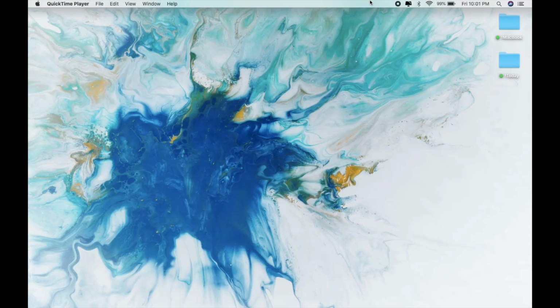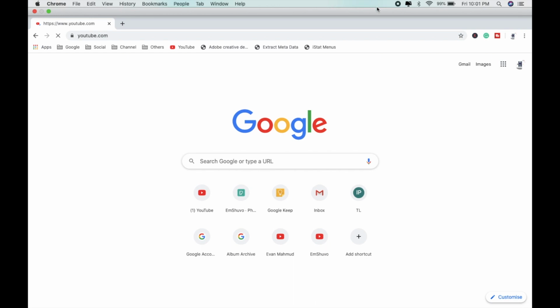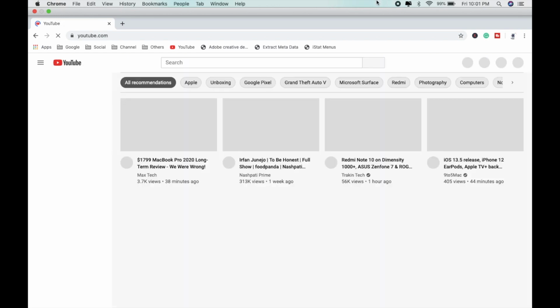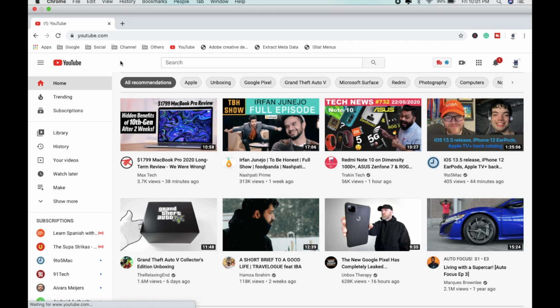Alright everyone, now we are at our computer screen and let's see how we can get this internet speed monitor. Right now, as you can see, there is nothing on our taskbar. If I go to youtube.com, you won't be able to see what the speed is, but with the help of this application we can do exactly that. As you can see, YouTube loaded, there is no indication of what is exactly going on.